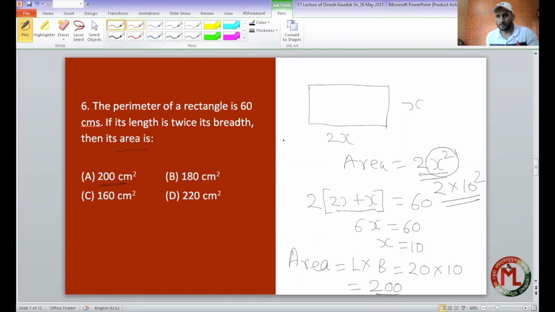Okay, my dear. So in the exam, you should know this kind of tricks. For that, you should have the list of some important squares. I guess till 20 square you should remember. Then you can easily attempt this question without writing anything.